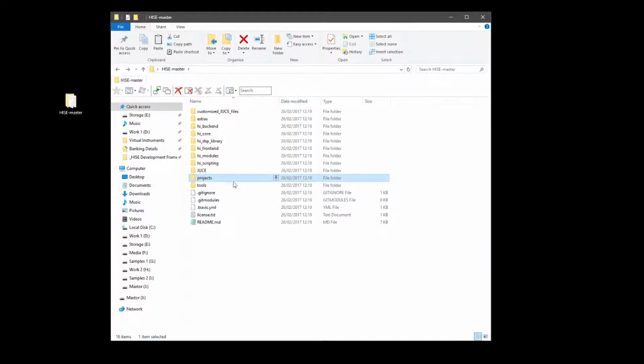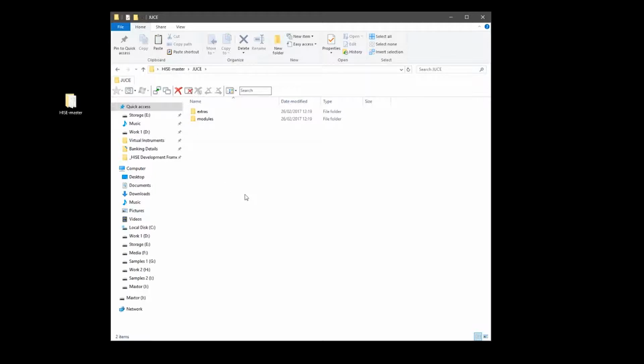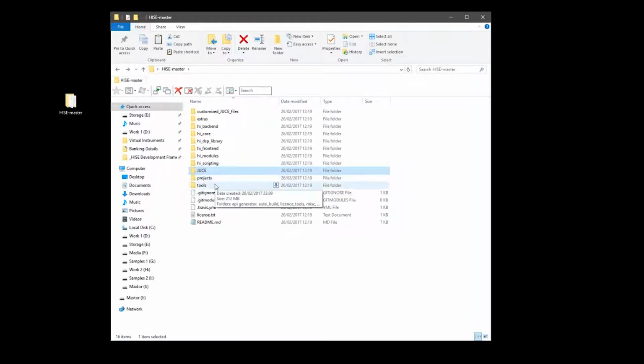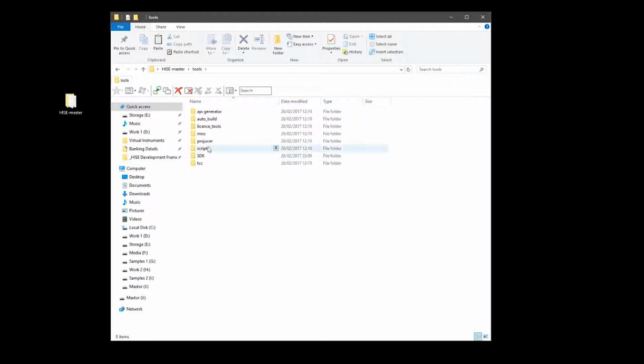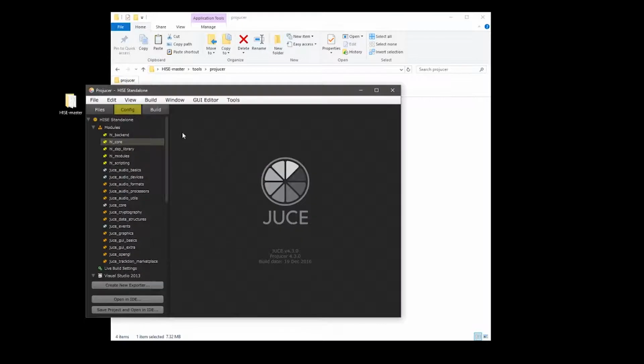Okay, so HISE is built using a framework called JUCE, and that's just what's going on behind the scenes. It's how all the code's put together and how all the cross-platform stuff is done. And it's a framework that's designed for building audio applications and plugins. So this JUCE folder is where all the JUCE modules are contained, and how we access that is through a tool called the Projucer. And if we go into Tools, here we go, Projucer, and just double click Projucer.exe, and